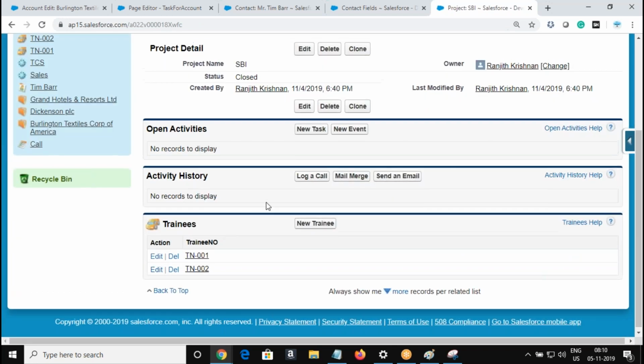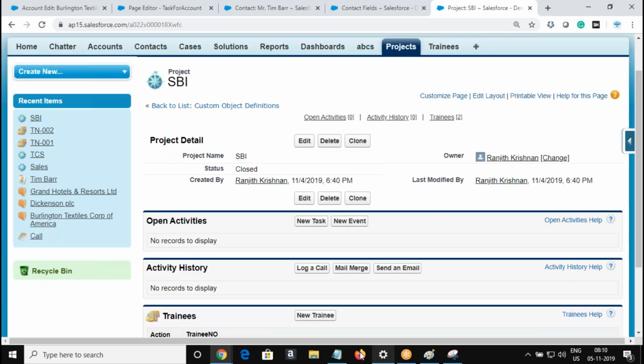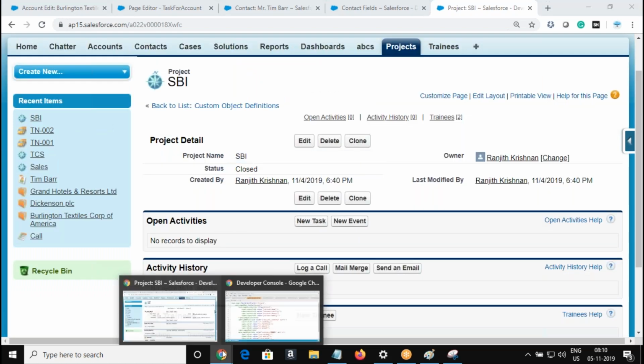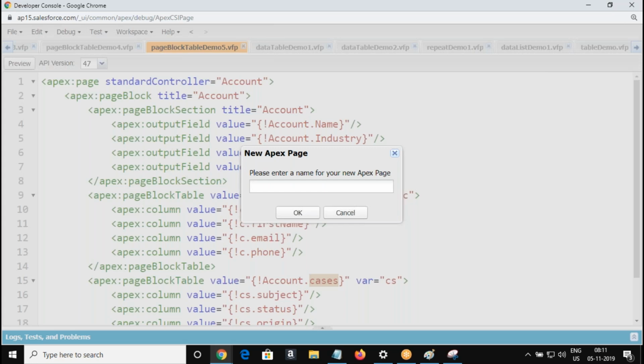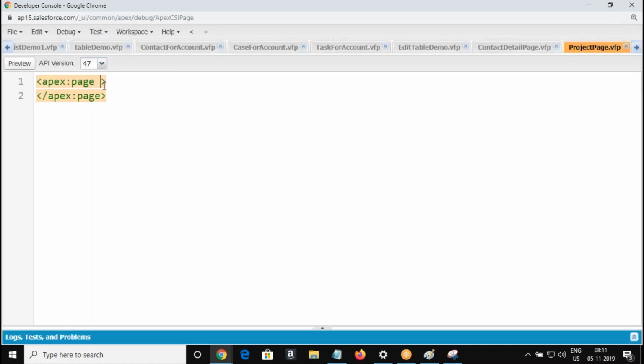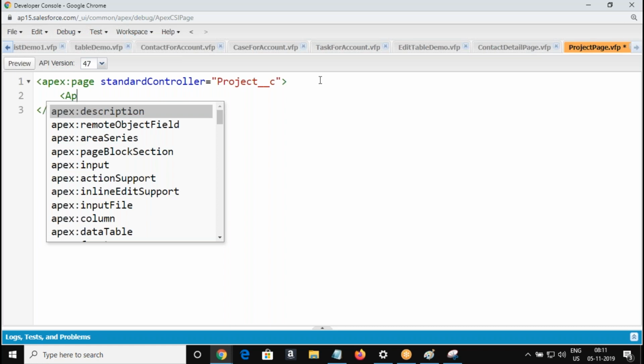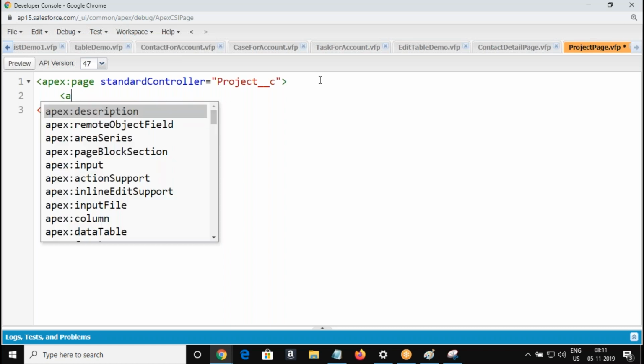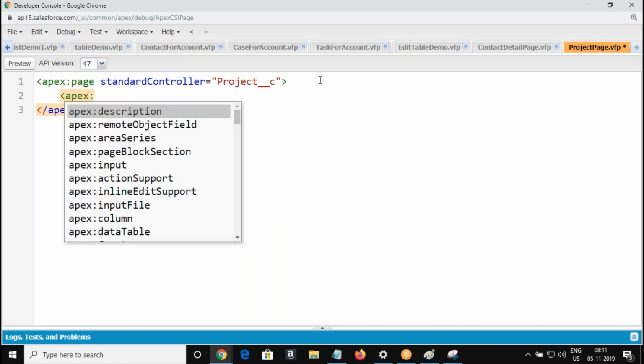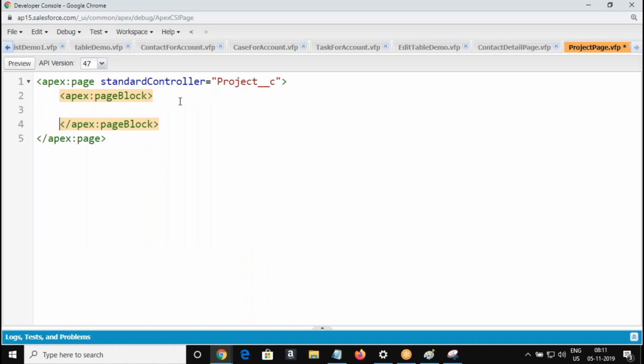The project and trainees here. So I go to the Visualforce page. First, let me see how to display the project page. What is the standard controller here? Project__c. Page block.